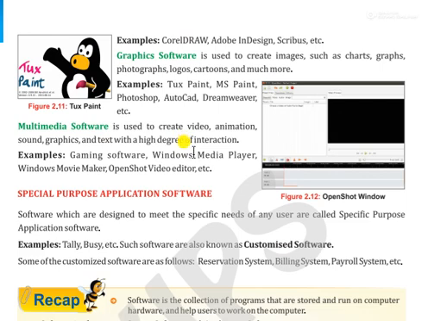So this is called multimedia software. The best examples of multimedia software are OpenShot video editor or Windows Movie Maker. And there are lots of online software available which provide us the facility to create videos or to create sound files or graphic files. Okay, so here are your answers.